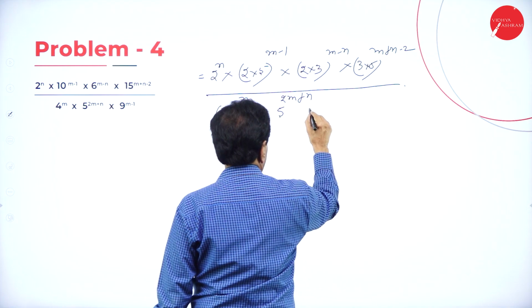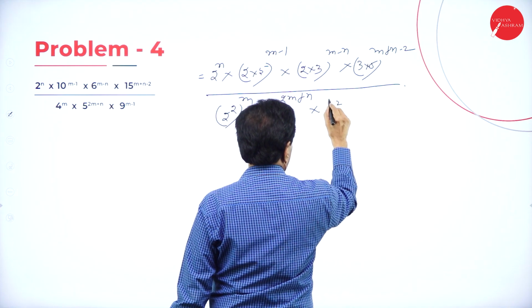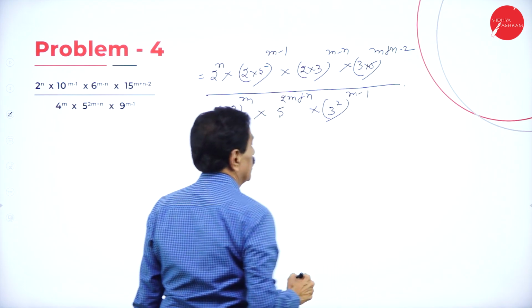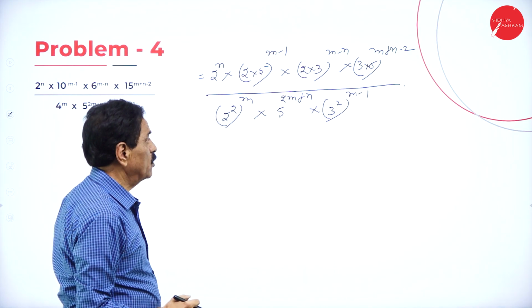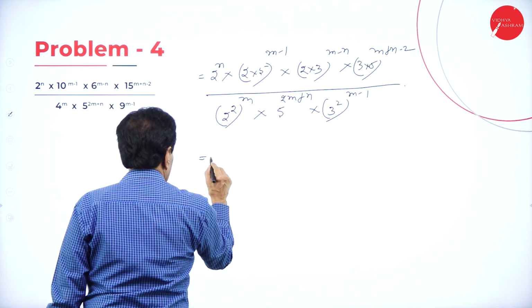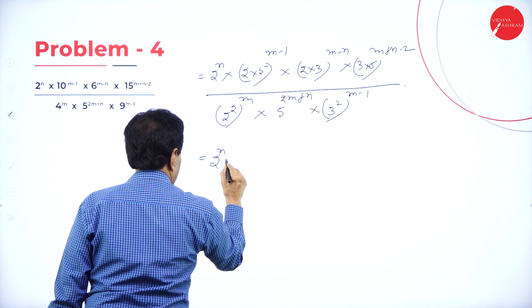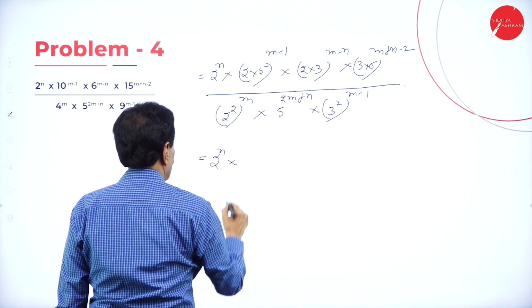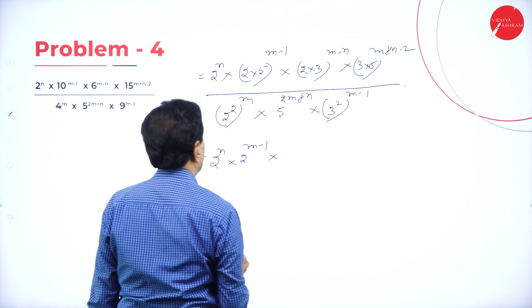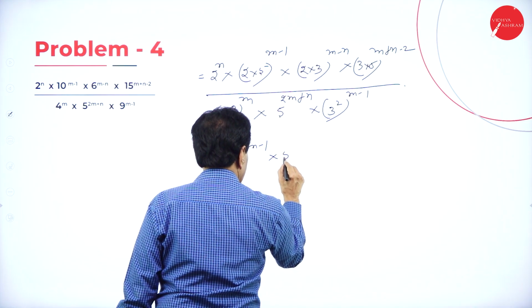This can be written as 3 square to the power of m minus 1. I have simplified to the base of 2 to the base of 3. This is 2 to the power of n, 2 to the power of m minus 1 into 5 to the power of m minus 1